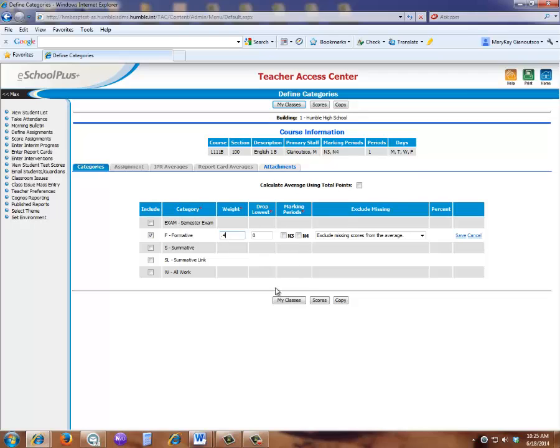I'm going to leave this set at 0, so none of my assignments in this category will be automatically dropped. Under the marking periods column, I will not make any selection. Leave these unchecked. The program defaults to include both marking periods. What these options are for, they're available if I want to set up something different for one of the 9